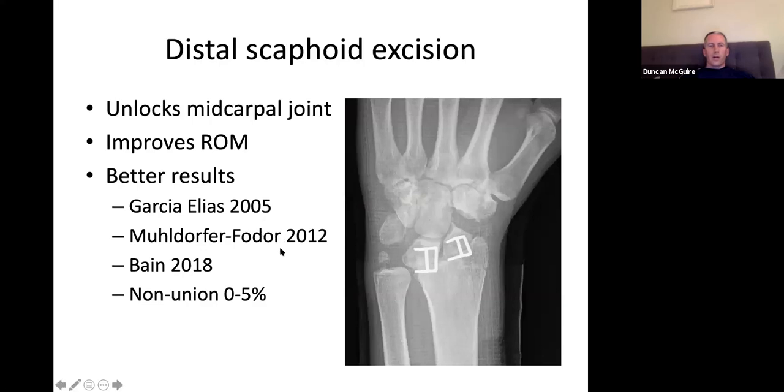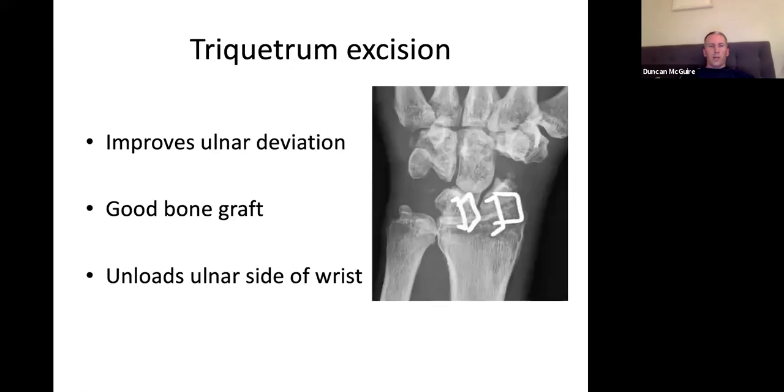The results now, if you look at some recent papers, some of them even have no non-union rates, 0 non-union rates after 10 to 15-year follow-up. And again, here it's worth excising the triquetrum. Cadaver studies again show better range of motion. Again, it's a good source of bone graft if you do need to put bone graft in there, and it unloads the ulnar side of the wrist, so less chance of ulnar carpal impaction against the ulnar